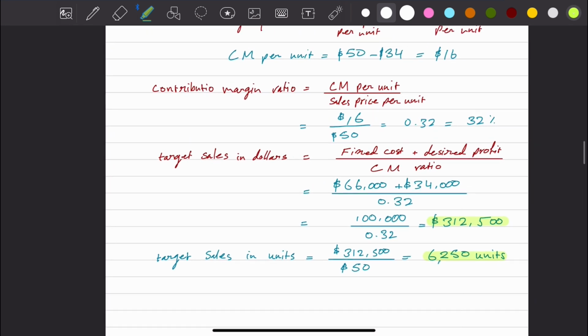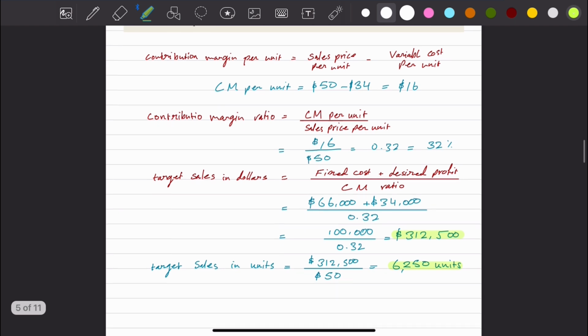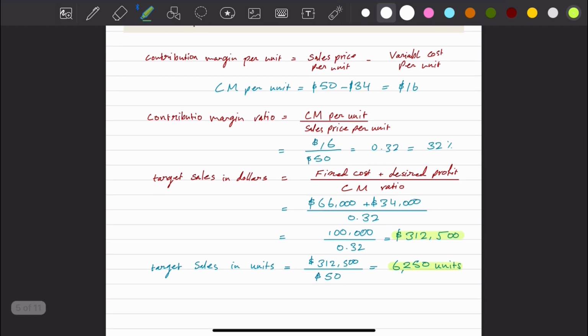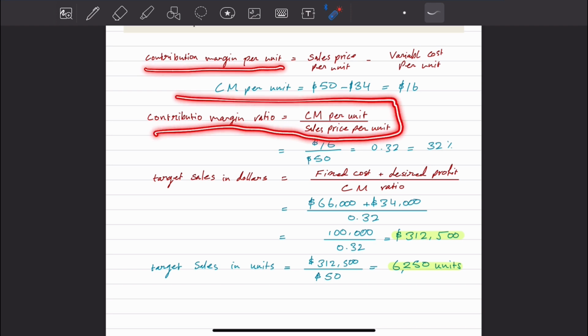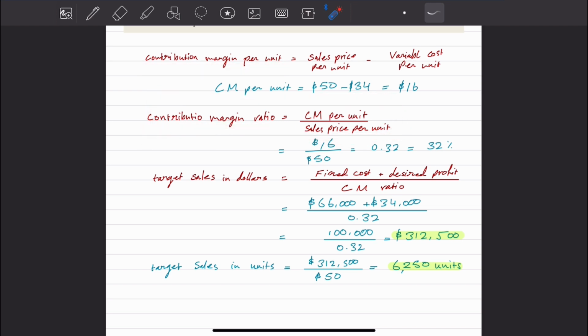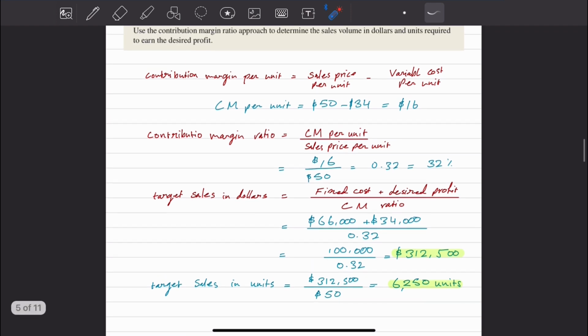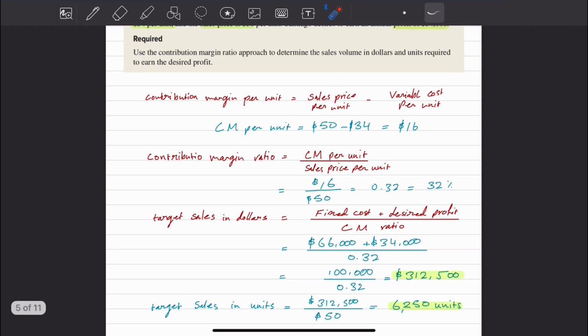However, I did notice that students typically make mistakes whenever they use the contribution margin ratio method right here. Students tend to not be very confident in this method. You don't have to use this unless the question specifically asks you to do so. And in this example, the question did directly ask us to use the contribution margin ratio method, so we had to use it. Other than that, if the question doesn't say so, you can feel free to use the other two methods. It's up to you. Okay, this is how you solve this exercise